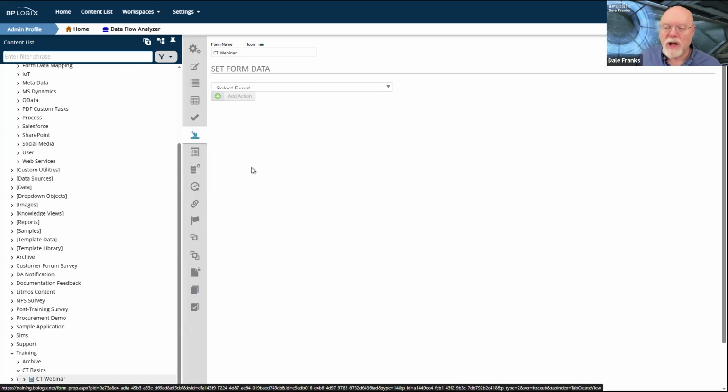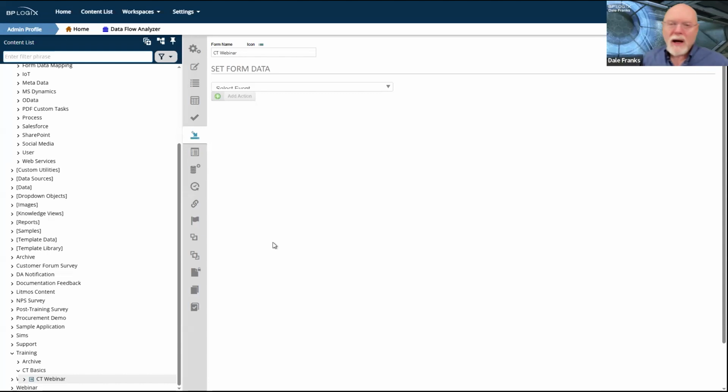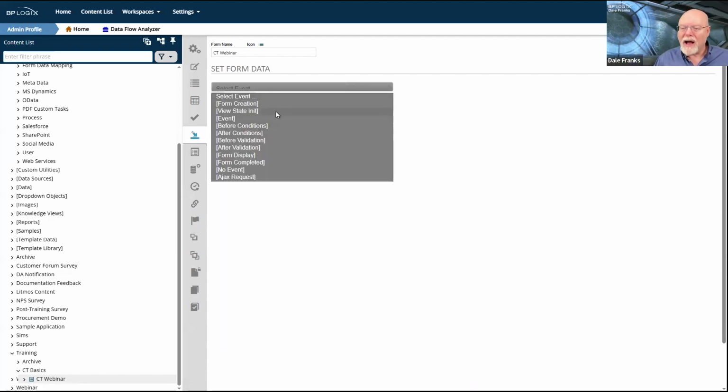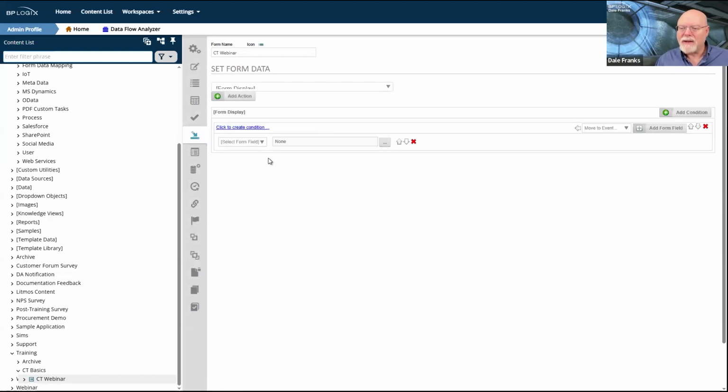It's just not necessary. And probably 99% of the use of custom tasks, for that custom task anyway, for Set Form Data, can be accomplished here in the Set Form Data tab, where you just add an action. We'll use display, I guess. And well, I don't have any form field, so I can't specify the value of a form field, but you can do that all here.